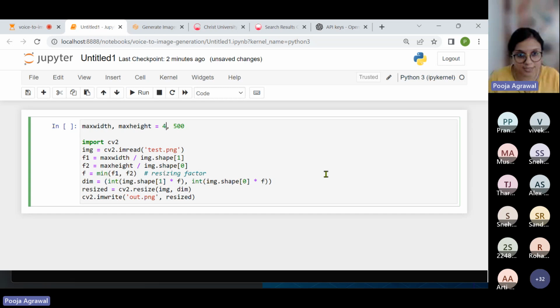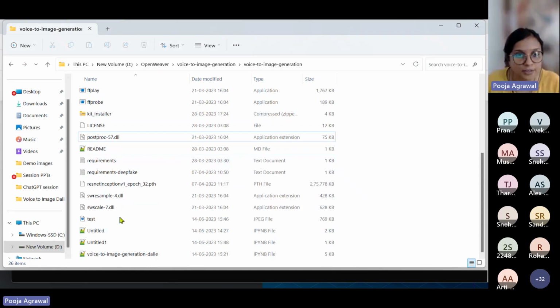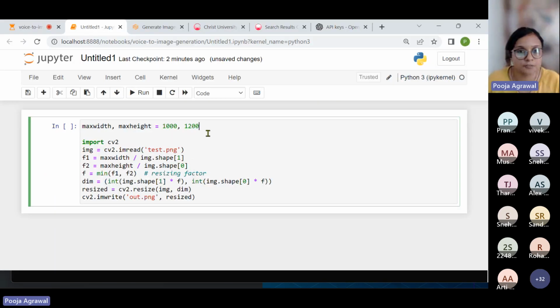I want the size to be 1000 maybe, sorry, 1200. What is the name of my file? Test, and it's a JPEG file. JPEG file, and the file will be saved in an out.png form.